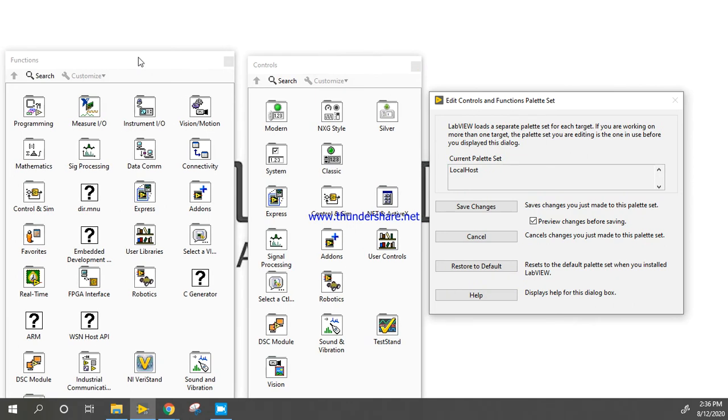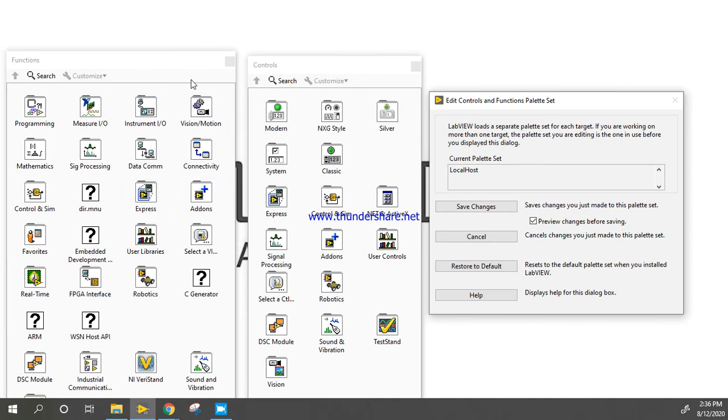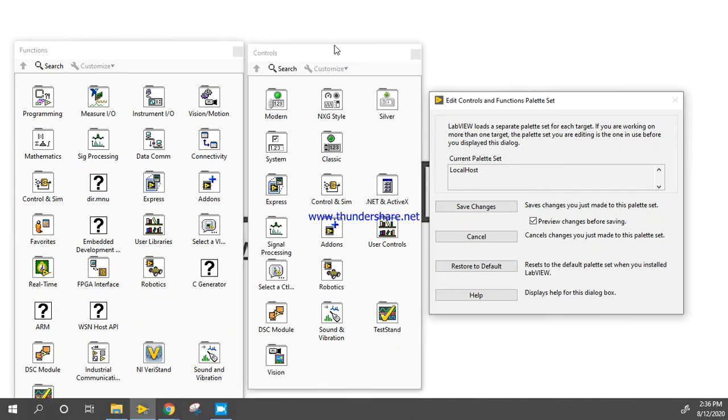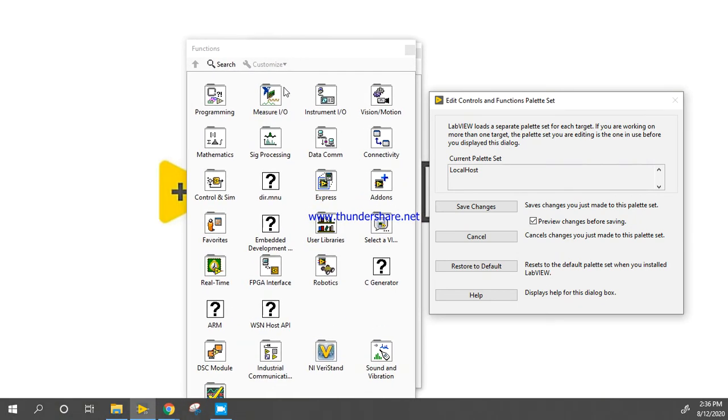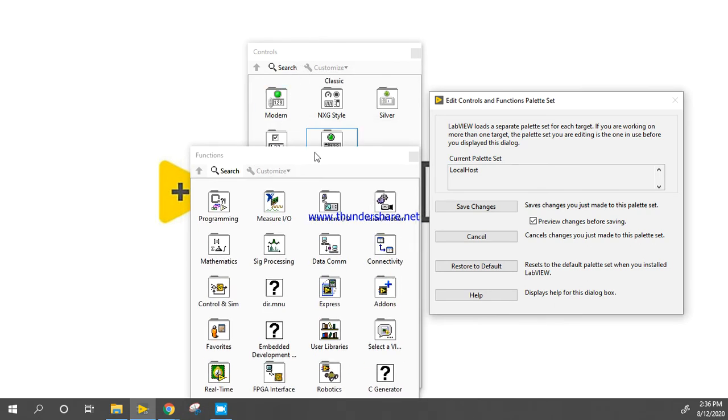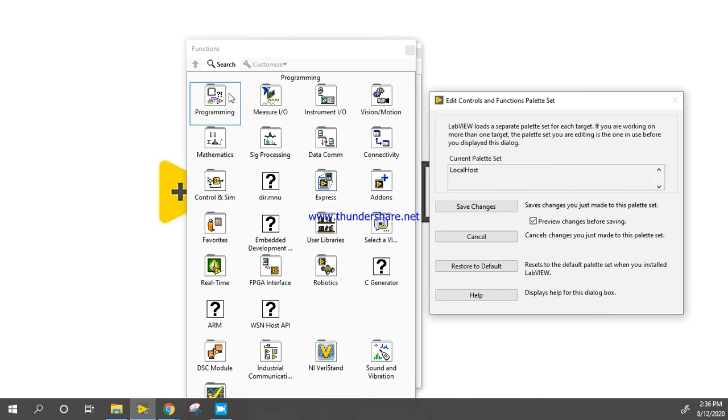Now we will add our function here. I want to add functions only, I don't want to add any controls. This is a control palette where we can edit, but this is the function palette, and I want to add my function here inside programming.